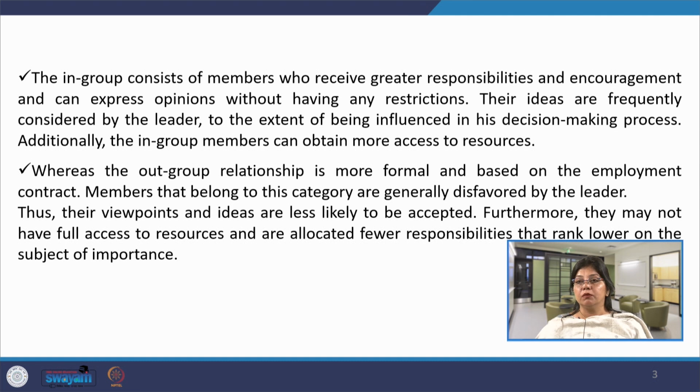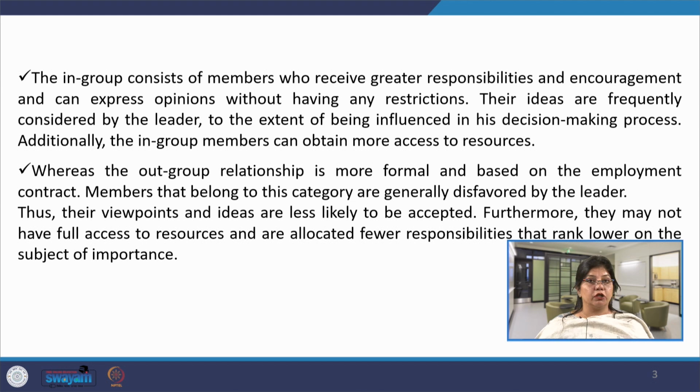It is as per the rules, and members will perform as per the decision that has been taken formally for those members. They are not generally favored by the leader. They just belong to this category and are generally disfavored by the leader. Their viewpoints are generally not accepted, and furthermore, they may not have full access to the resources in comparison to the in-group members, and they are allocated few responsibilities that rank lower on the subject of importance. So, this is the difference about being an in-group or out-group member when we talk about LMX